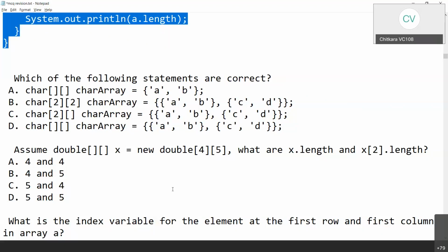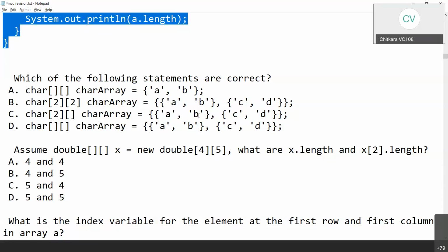This fails because we don't have the extra pair of parentheses. char[2][2], we cannot give the size. char[2], again we cannot give the size. char[][] array = {{A, B}, {C, D}}. Okay, this is valid, perfectly fine.